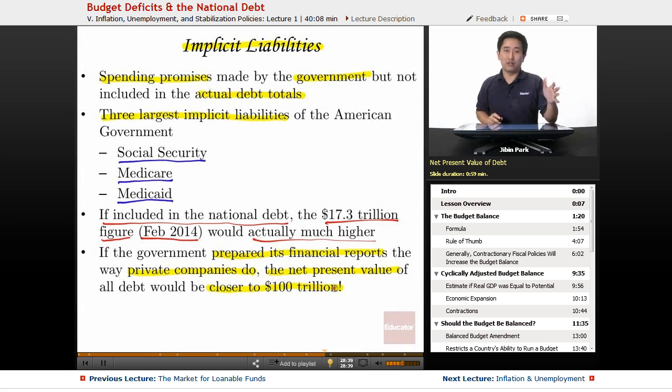So again, depending on what type of actuarial tables that you might use, but maybe as low as $65 trillion, as high as $100 trillion. This is a problem. But one, again, that